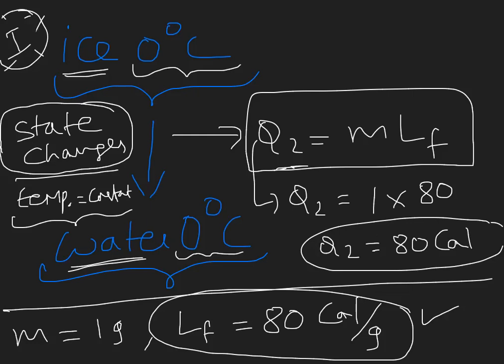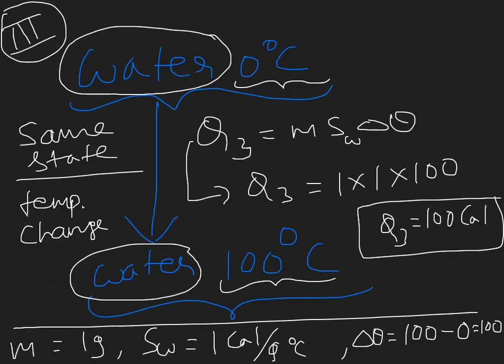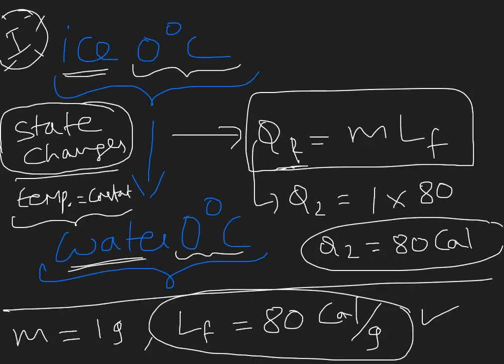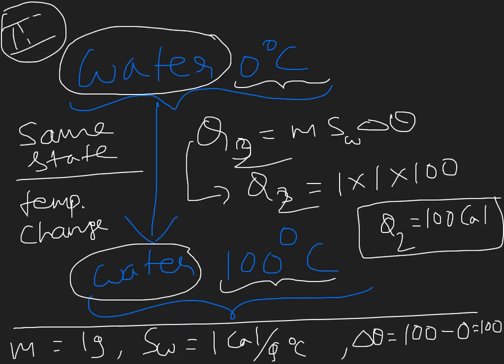That is 80 calorie per gram. Next, the same thing: water at 0 to water at 100. Now we must not call it the third step, we have to call it the second step. So this is Q2, we must not call it Q3. The previous one I must call Q1, not Q2, because they are asking from ice at 0. From here they are starting, so the first step is not there. The second step became the first step. Water at 0, now I got the Q2 value.